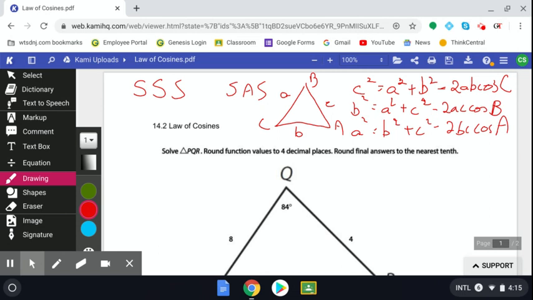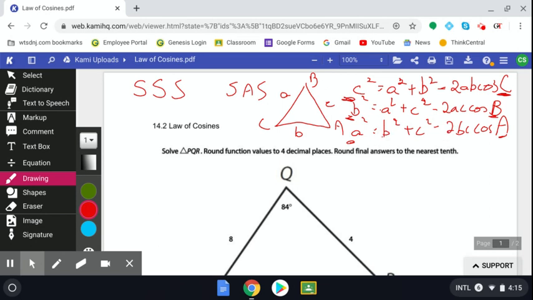You'll not be asked to memorize this, although if you want to, it should be pretty easy. Whichever side is out here is always going to match the angle over here. And the rest of it, just use Pythagorean theorem. You just have to do minus 2 times these two sides, minus 2 times these two sides, minus 2 times